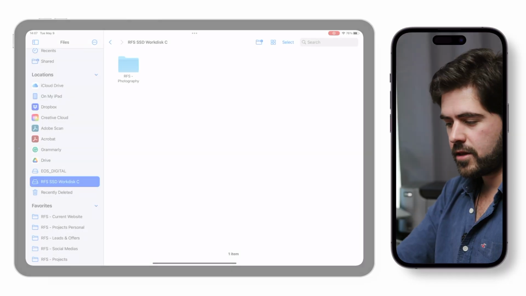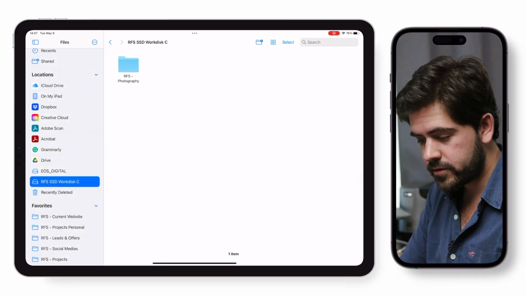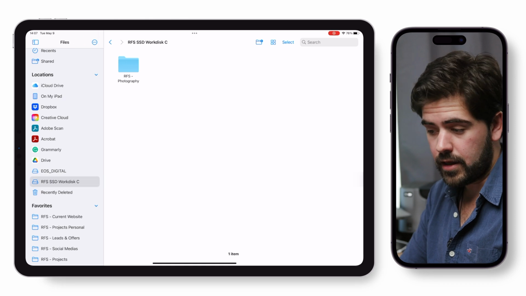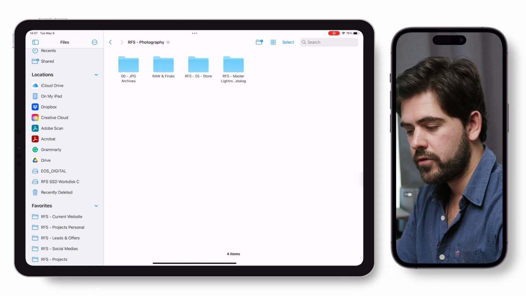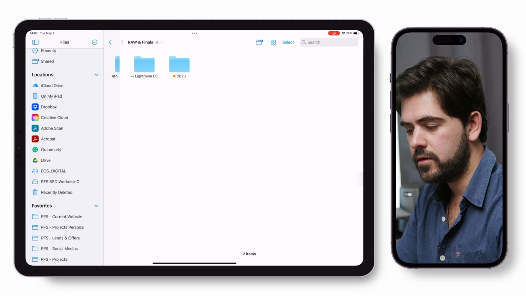So the great thing about that hub, like I said, is that I can actually plug the hard drive at the same time as an SD card. Even if I need, I can also plug to power. Okay, the hub is connected, so you should see my iPad display at the moment. We'll go in the actual Files app. So I'll go in there and I'll go into my raw and final